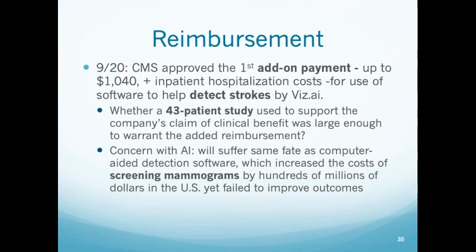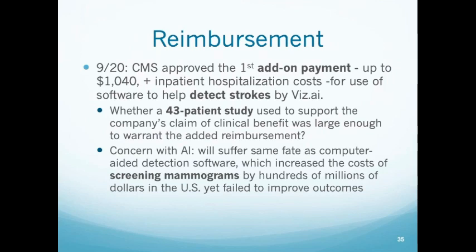For the first time in history, a little more than a year ago, CMS did pay for artificial intelligence in healthcare. To my knowledge, at least, this is the first example. A company called Viz.ai had developed AI that was intended to help in the diagnosis of strokes, and it was able to persuade CMS that it should add a little over $1,000 to the standard repayment for